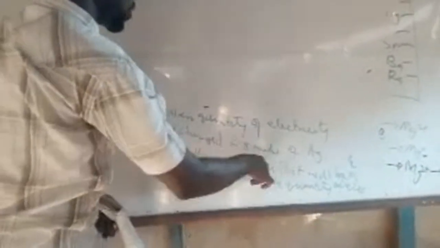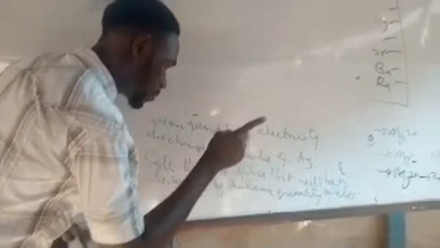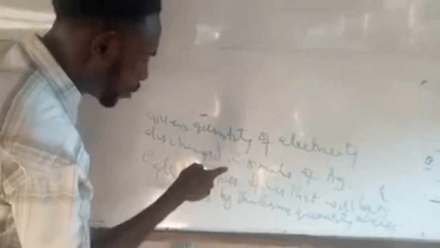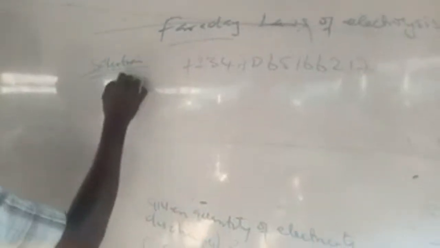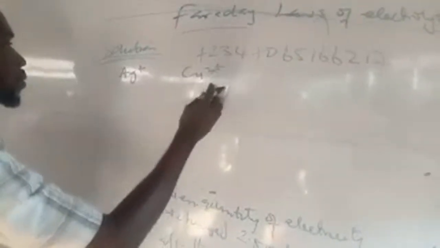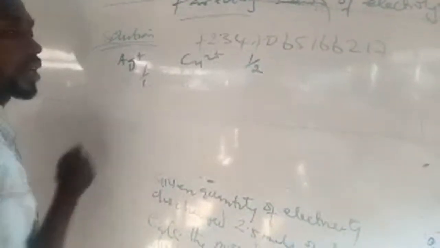First, you have to go and find the equivalent mole of copper that will be discharged when 2.5 moles of silver is discharged and convert it to mass. Listen, find the equivalent mole, as I taught you now. Find the equivalent mole of copper that will be discharged when 2.5 moles of silver is discharged. So, having the idea that silver is +1, copper is what? +2. We are using inverse. Here our inverse is 1 over 2, and here is 1 over 1.